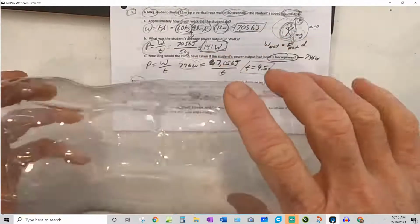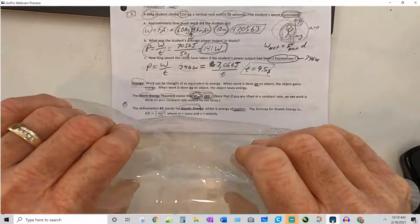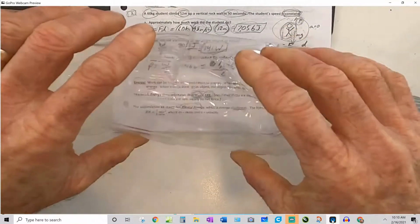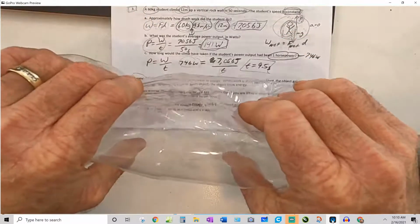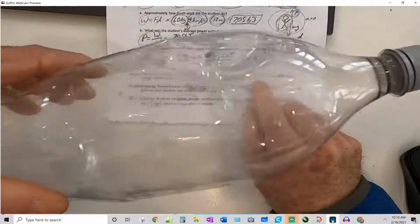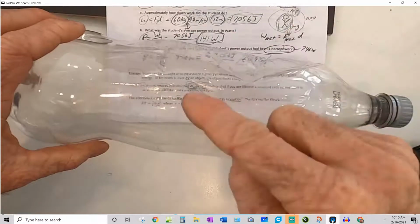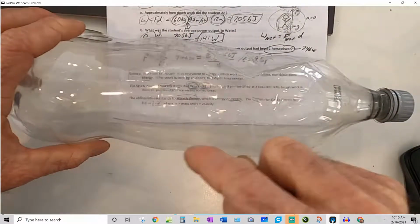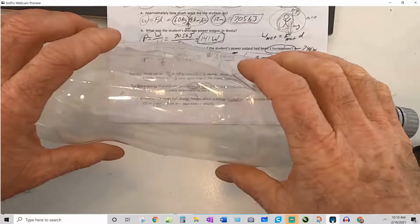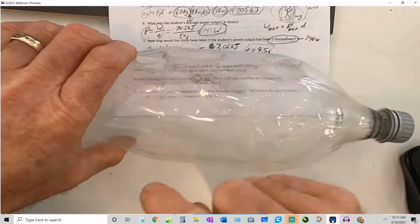So I did work on it when I squeezed it like this, and then it did work on me when I released. It pushed back. So I push it in, and then it pushes back. So when I do work on it, it's gaining energy. On a molecular scale, what I'm doing is all those little particles that are bouncing around in there in whatever gas form, when I squeeze, I give them a push and they go faster,